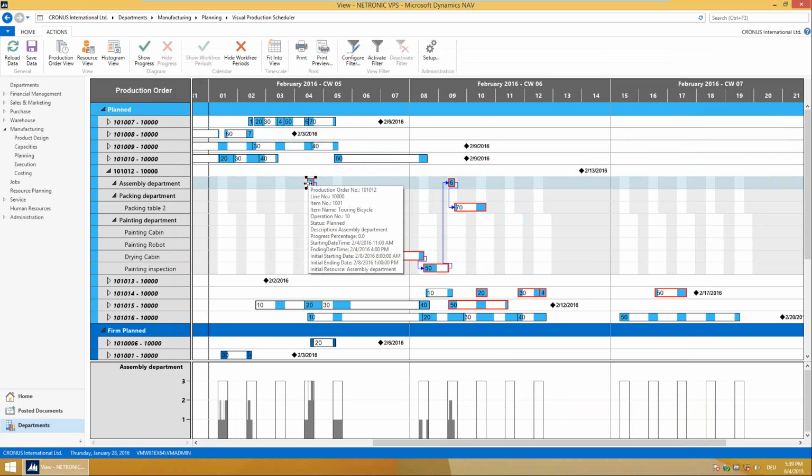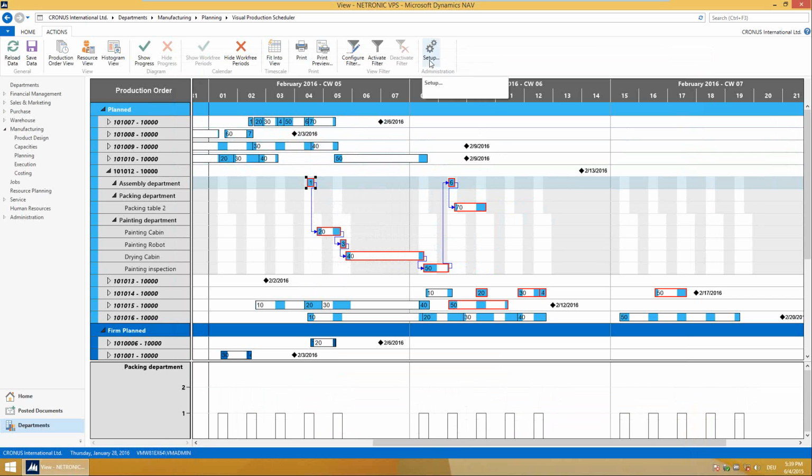So this is a brief overview of the Visual Production Scheduler. There is some more functionality in terms of how you can customize some of the behavior and also how you can build filters. But I will skip this to save us some time to also look into the other add-ins. So let's go